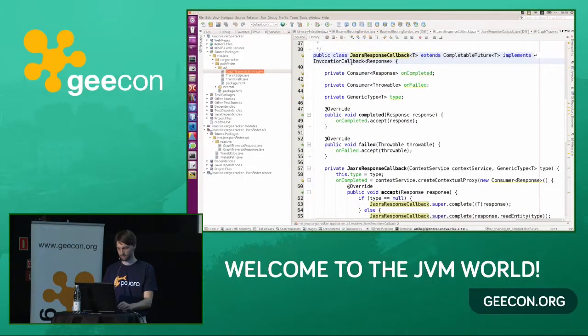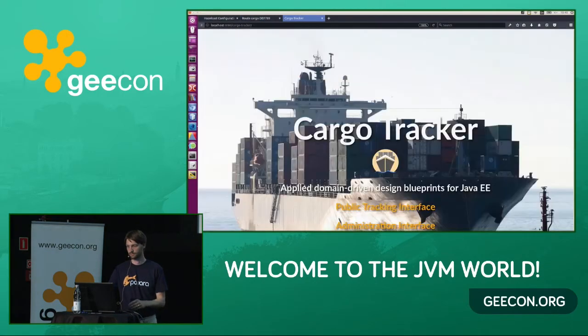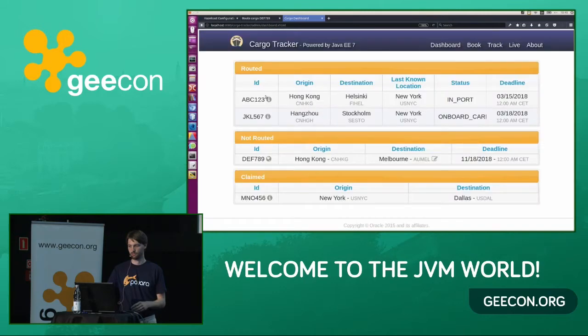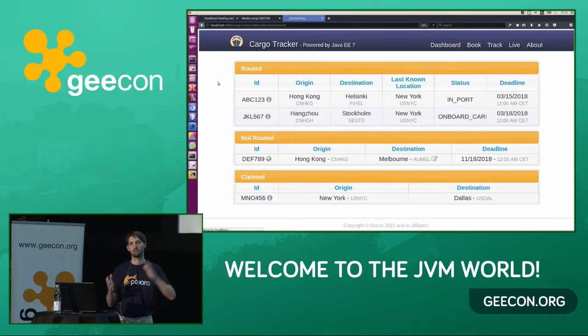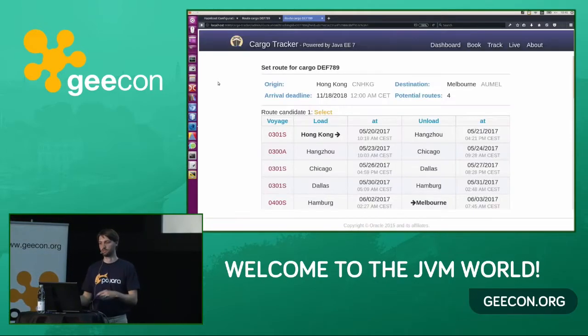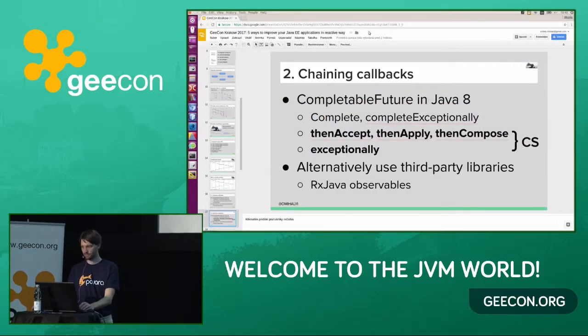Actually, I'm not sure if we already improved the UI. Let's see. No. We only improved the call. We still didn't come to the UI. We didn't apply everything up to the UI, so the UI is still waiting for the asynchronous call to finish. This is what you get if you only improve the component at the bottom and don't fix the components at the top. So let's now improve this